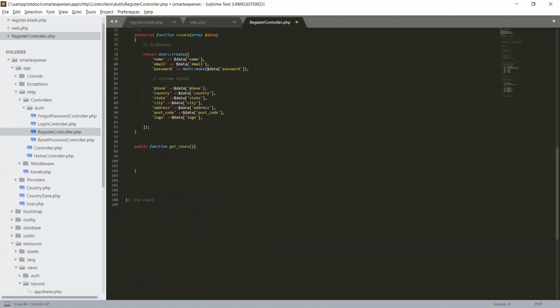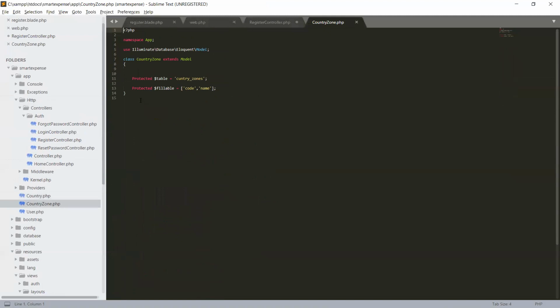So here in our method, we will get data from this country zones. Before getting it, we have to create a method in our model. So let's go to our model CountryZone. And this is a class.